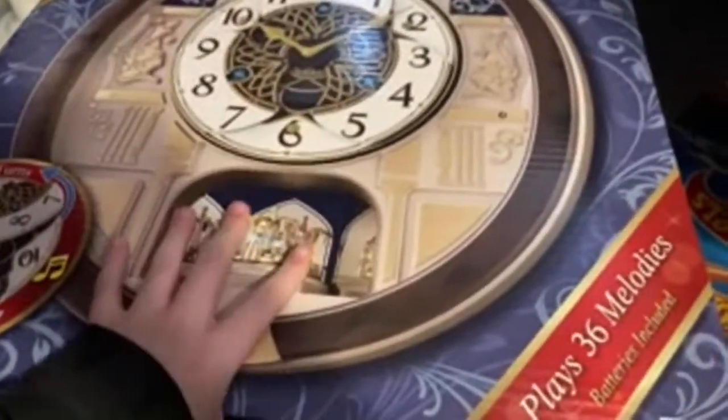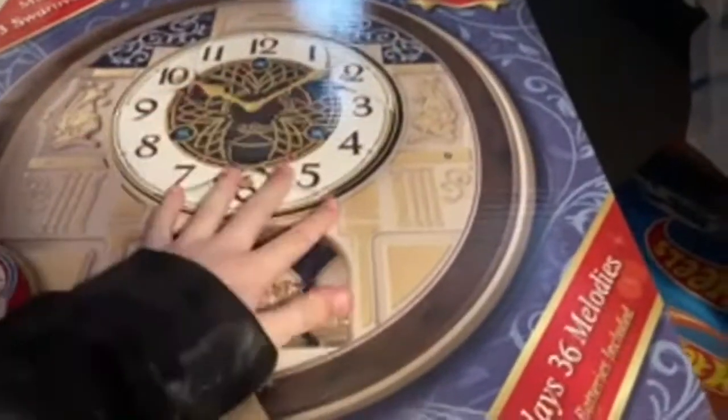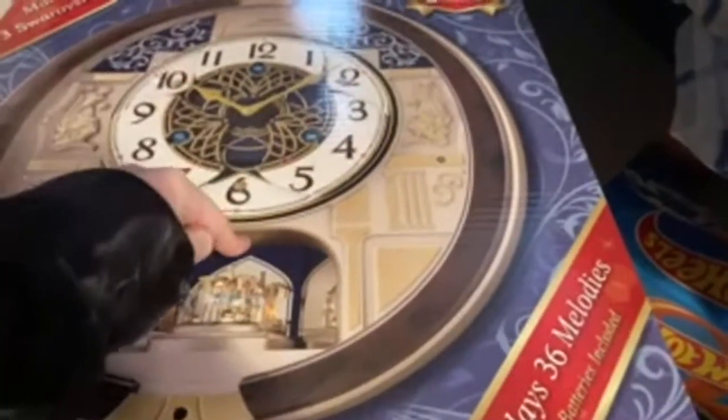Oh, hey, Snohomish County Elevators, what's up? This is the unboxing of my new clock I just got in the mail from Sam's Club. So, I'm just showing people the original, the box that my...